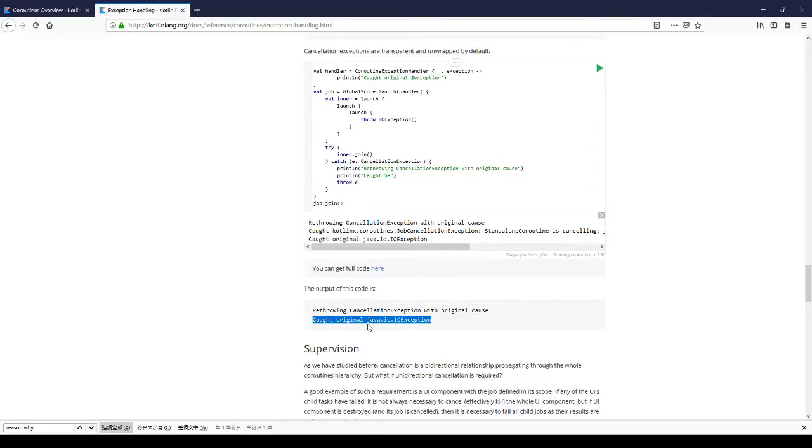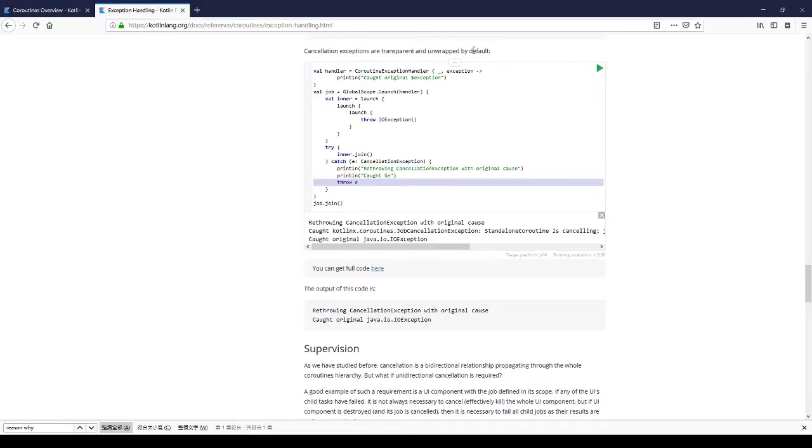So wait, what happened? Oh, okay, here it is. We see a job cancellation exception here, but actually when we threw it,